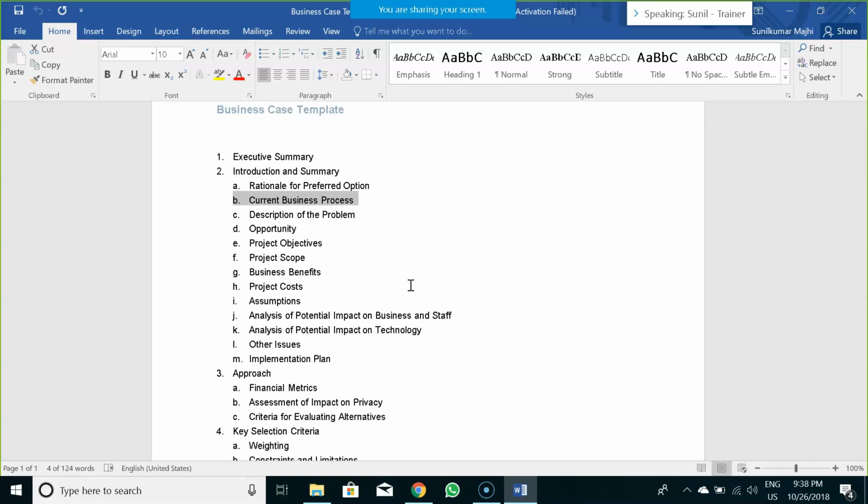One technique, as rightly identified by Mohit, is business process modeling. And what's the other technique you said, Mohit? Workflow. Yes, if there is any specific current business flow, then we have to articulate that in this business case document. So essentially how the system is working currently.